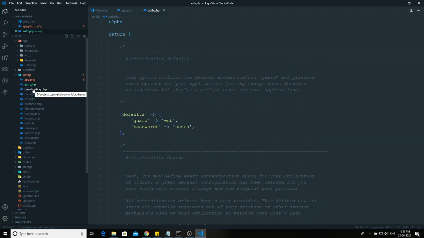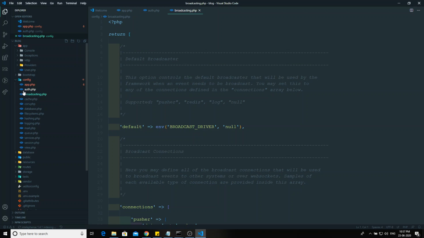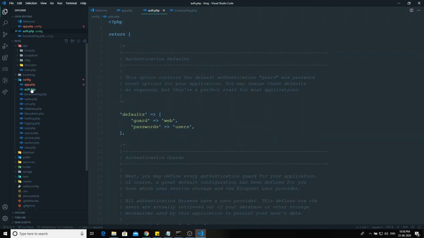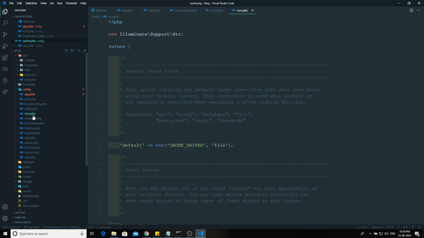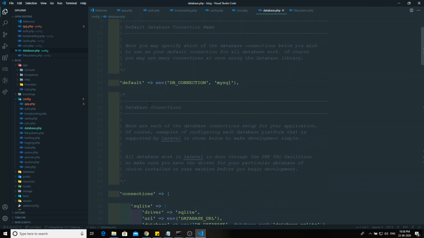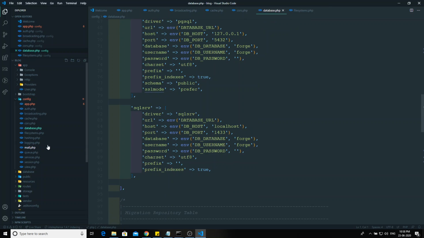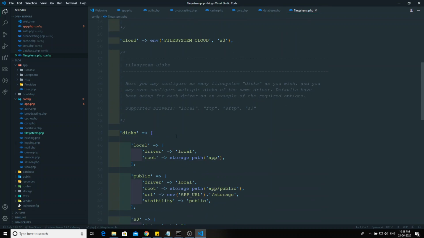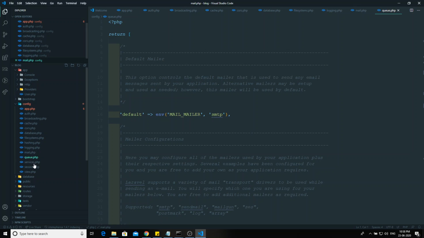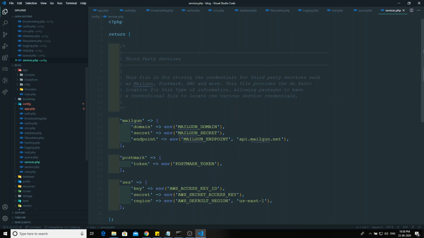The configurations we'll be using are written here in the config folder. We could write them in a single file, but each one is divided into a separate file, and each has a specific purpose. For example, database.php has all the configuration related to the database only. Filesystems has everything related to the file system. The same goes for logging, mail, queuing and services; we will see all these afterwards. Before going to this config, the main configuration file in Laravel is